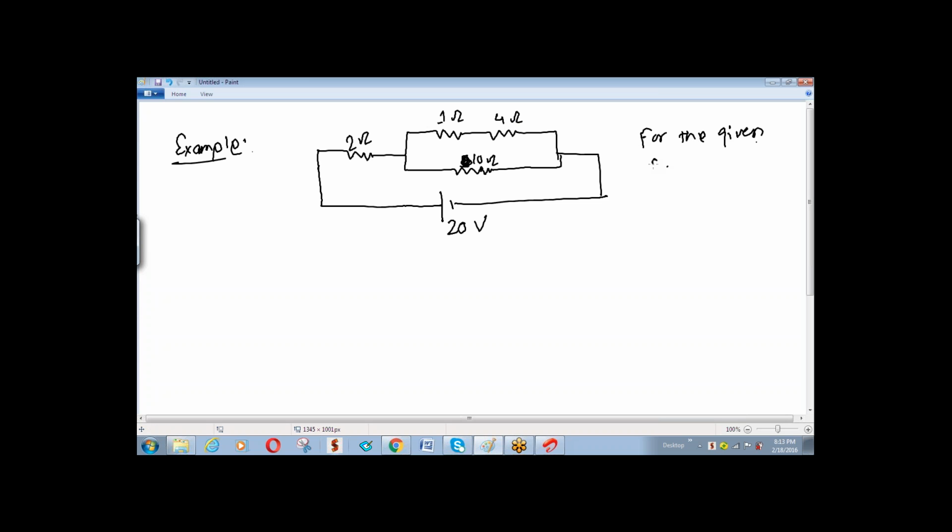For the given circuit, find first the equivalent resistance, second the net current supplied by the battery,